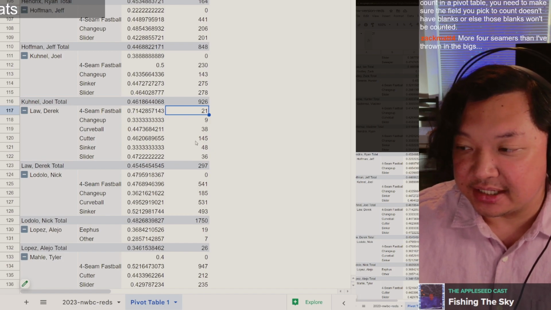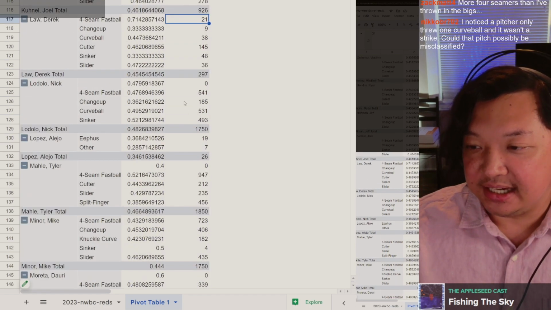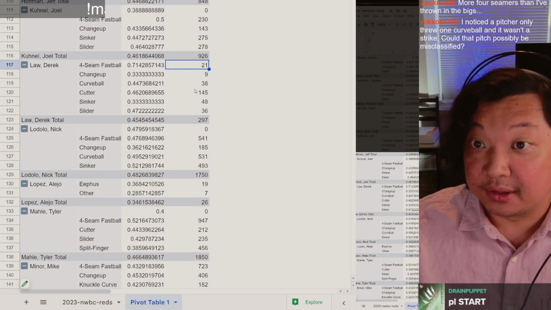And that's the same, and you can see that with the cutter. He throws the cutter a lot. And then he mixes up with his other pitches too. And then you can see the difference between someone who's relief pitching